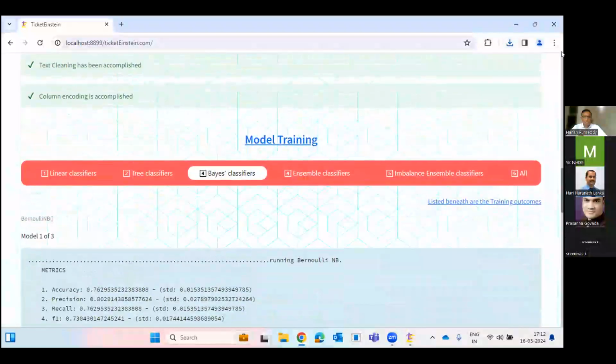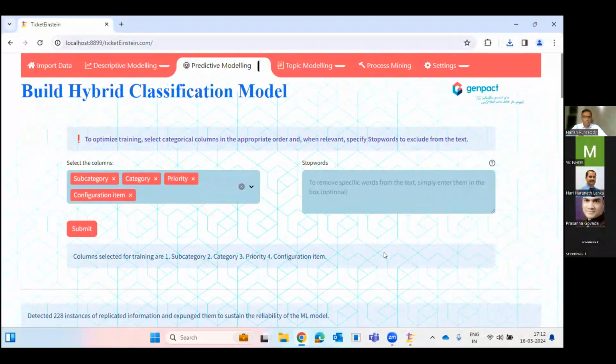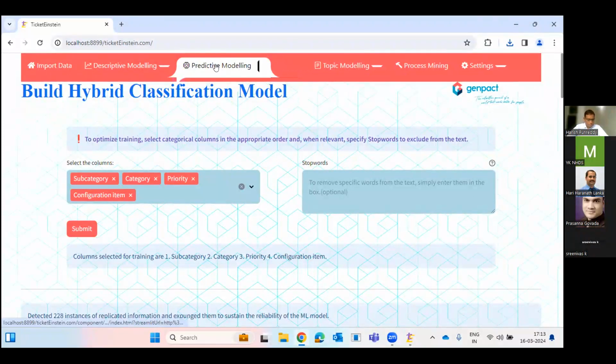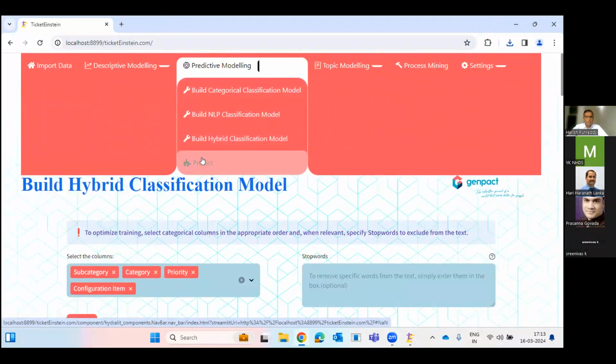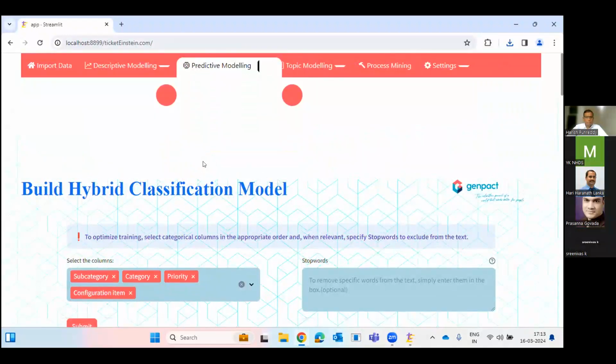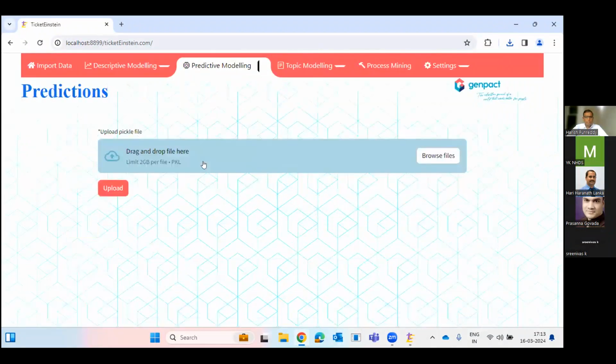Then very quickly, of course, this is a one-time activity. So I want to create a model. It's a one-time activity. But just for you to get a flavor of how this model is used, I will click on something called predict. Now think of a scenario wherein we have uploaded a similar data, FCR data, say, wherein we have around 100 incidents which have newly come into my queue, and I want to do a prediction of that, right?